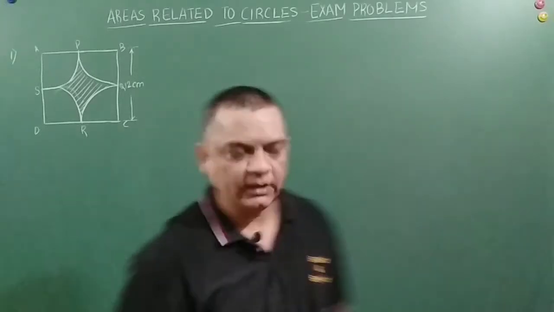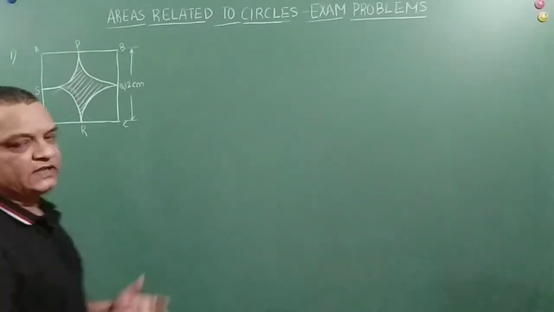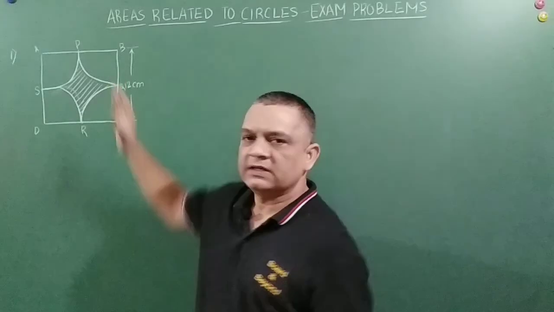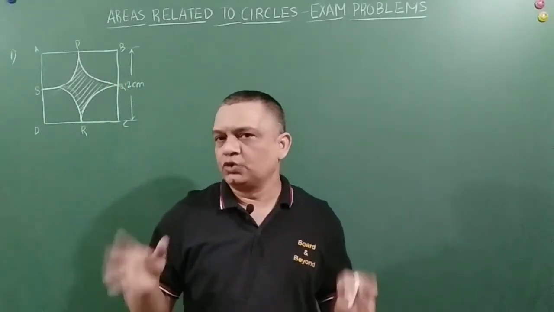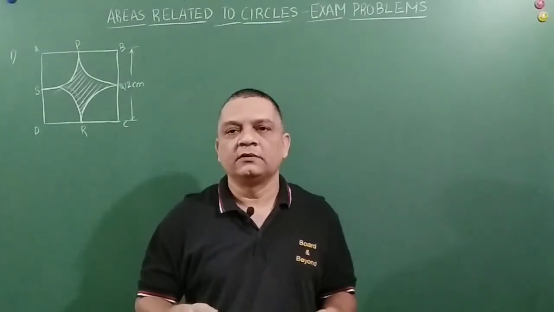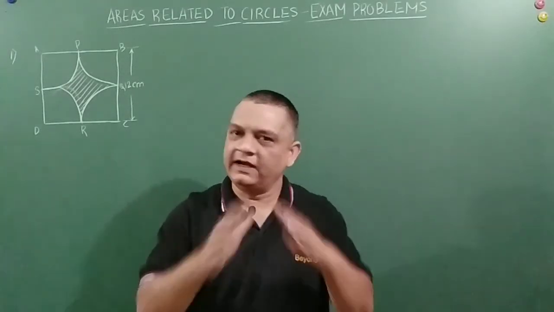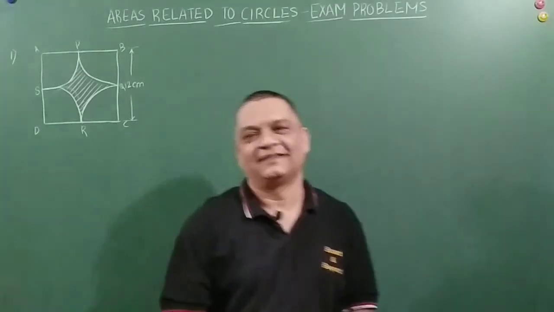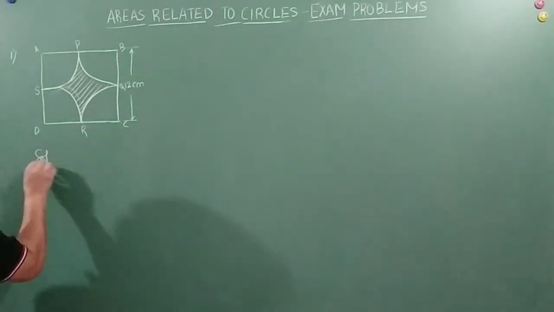So how do we go about it? After seeing this, one thing we can analyze is that there are 4 quadrants which have been cut out from the square, correct? So in other words, there is a complete circle which has been cut out from the square, right? So that is how we solve it. Area of the square minus area of the circle. That is the answer, right? So let's try solving it.